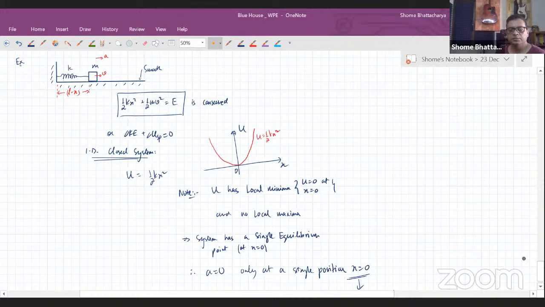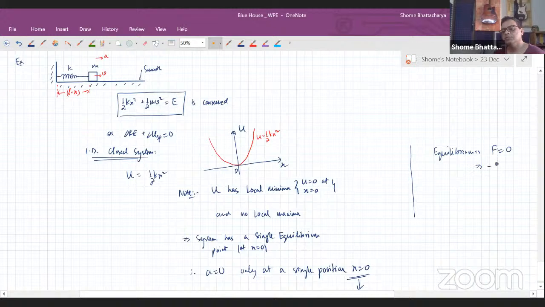Which we can interpret in terms of this new concept we have learned, that at any equilibrium point in a 1D system, in a 1D closed system, the potential energy graph should have a zero slope. So that means it should either have a local maxima or a local minima. So basically we are making use of this point that equilibrium